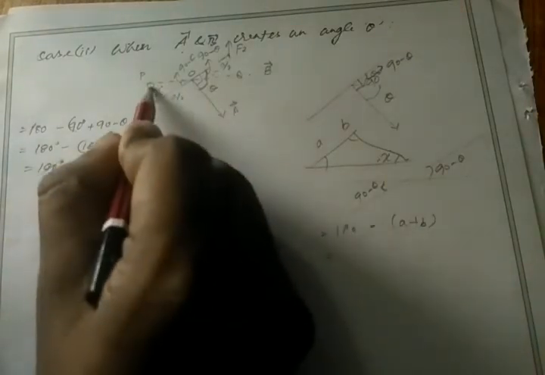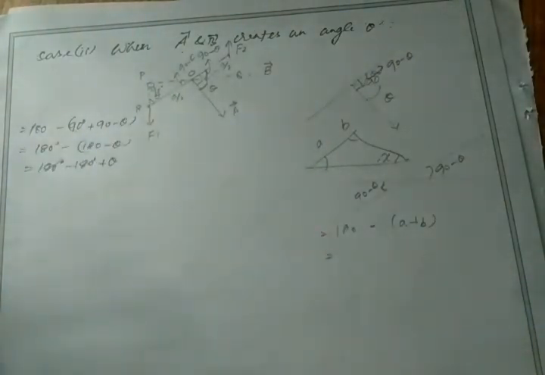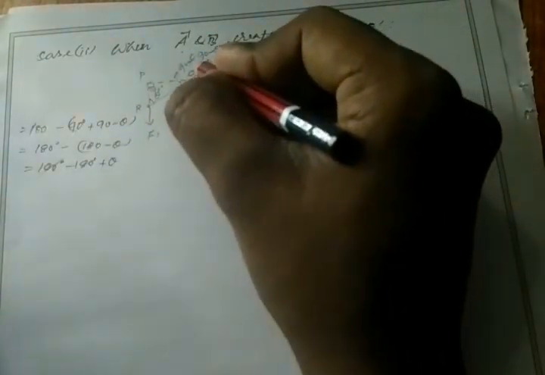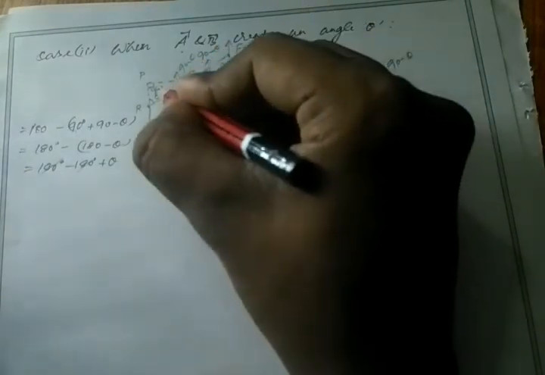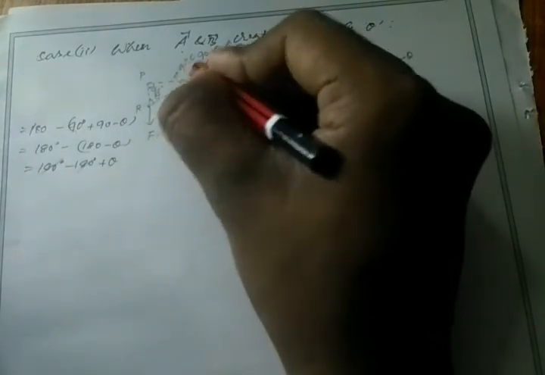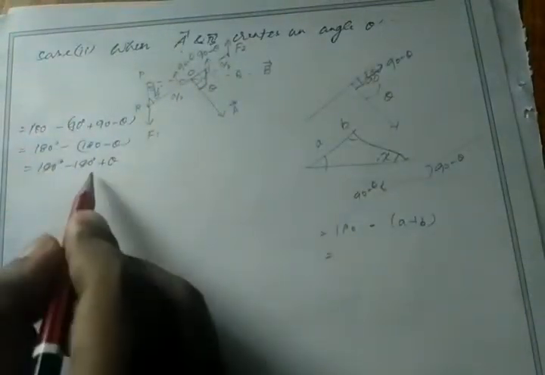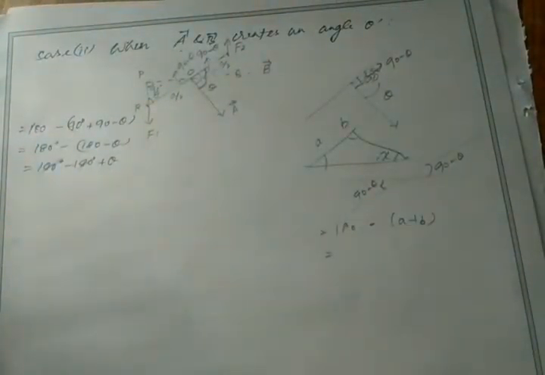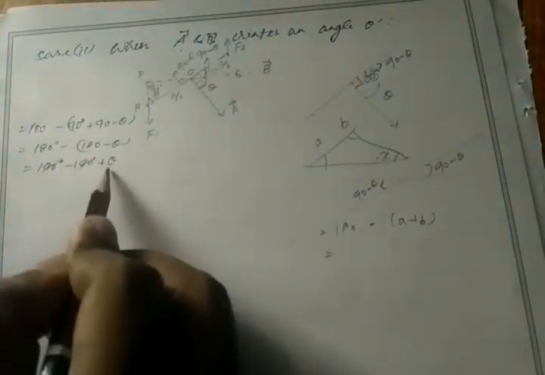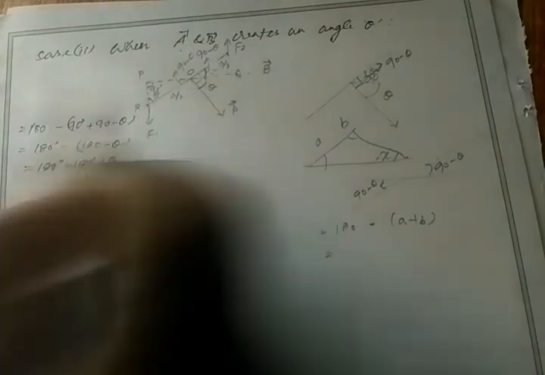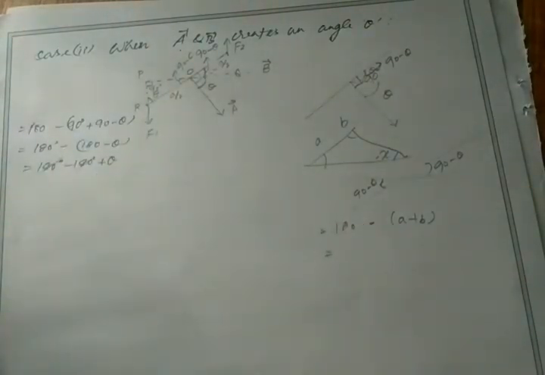So here we used the same method. One angle is 90 degrees because it is a right angle. Another angle is 90 minus theta. Then how to find the third angle? Simply we have to add these two and subtract from 180 degrees, then we get the third angle, right? So we get the third angle as theta. So this angle is theta. In triangle POR,